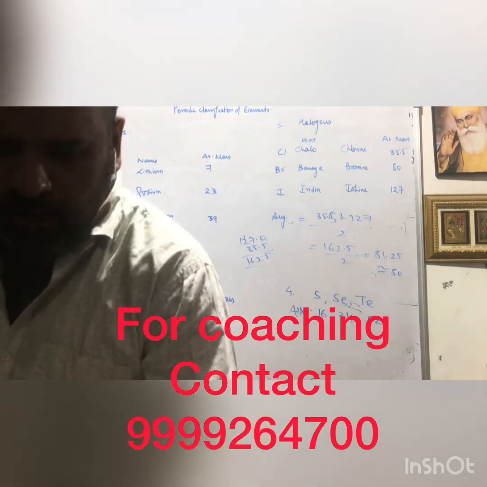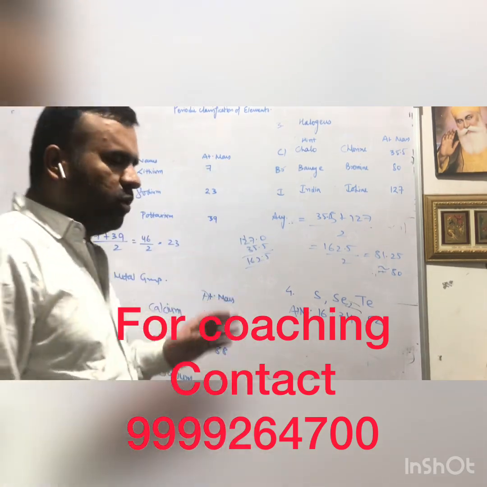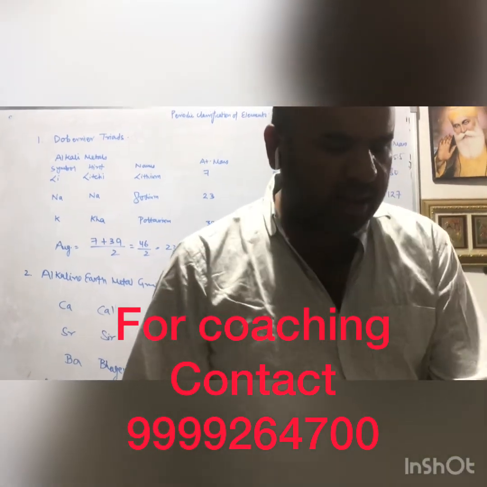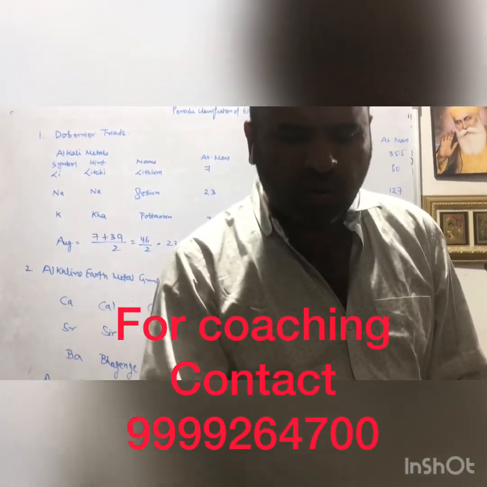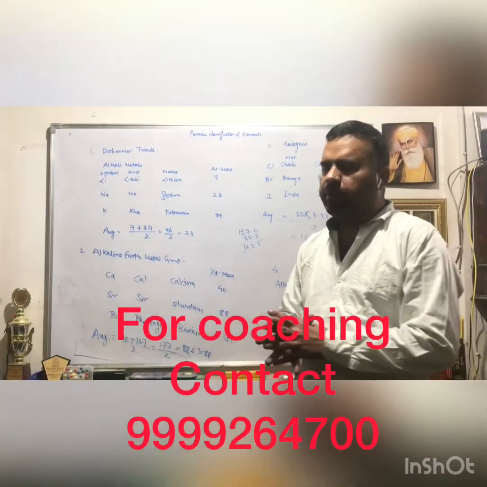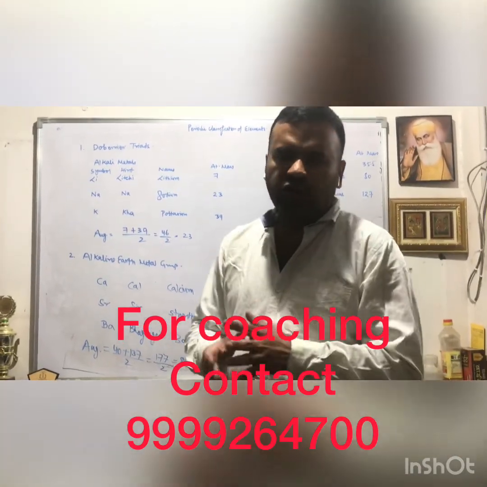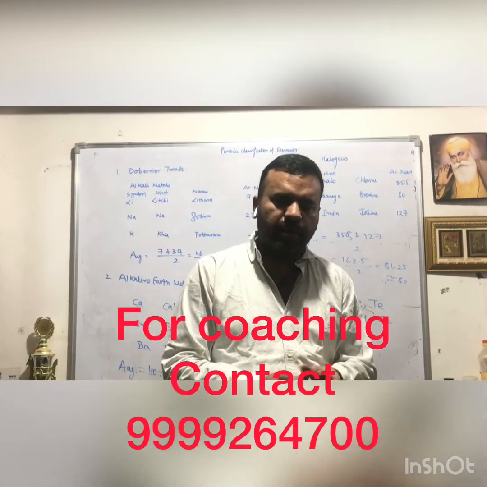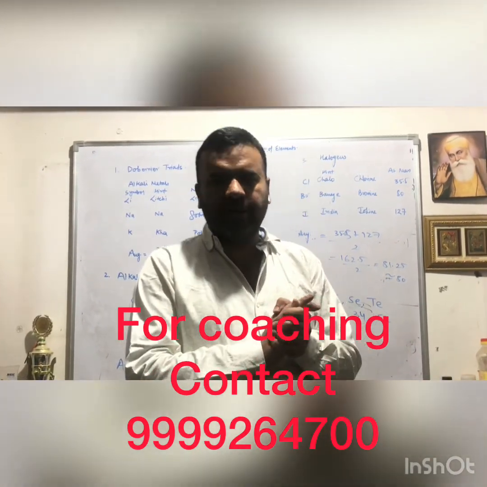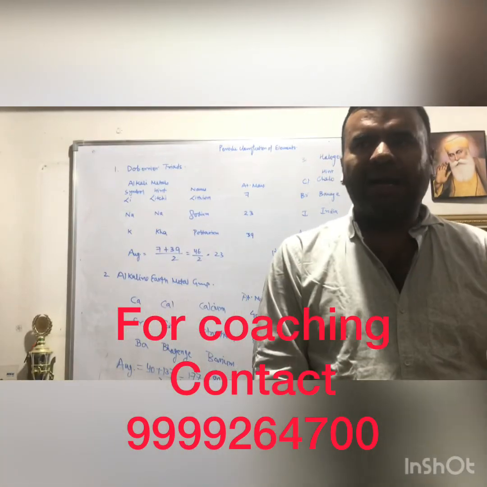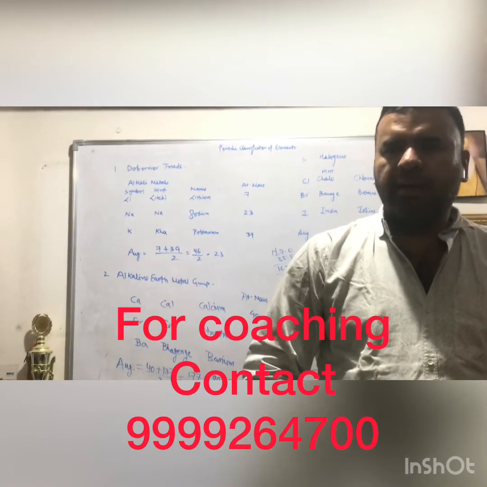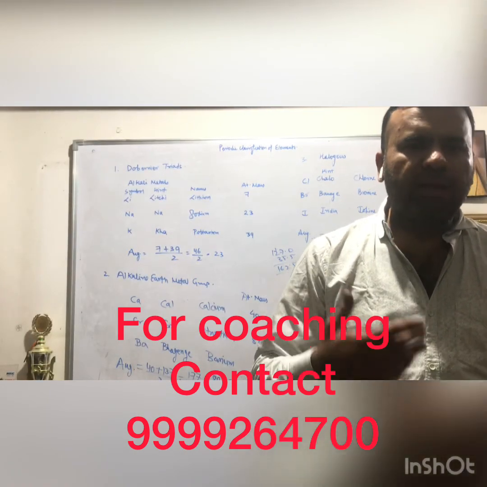Now the question comes: why did this table fail, why did Dobereiner's triads fail? Because if 17 elements were present at that time, he arranged those 16 elements in particular triads, but in future more elements were discovered and he was not able to arrange them. His Dobereiner triad worked till 1864, because the next table, the Newlands table, came in 1864.